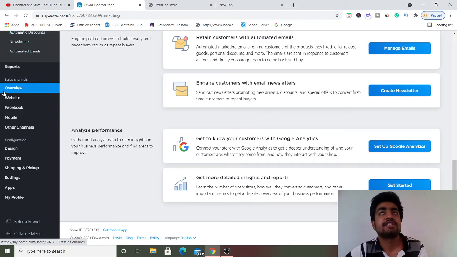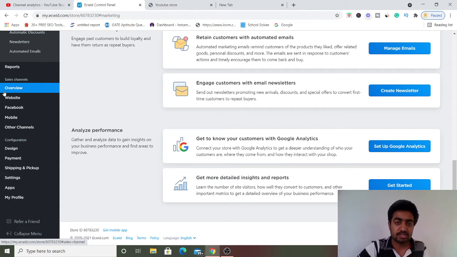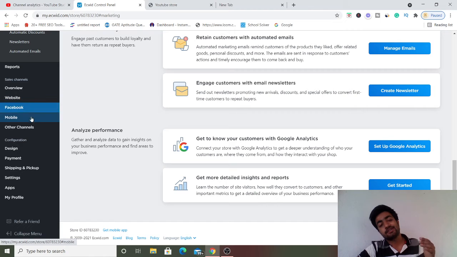If you know that most of your sales are coming from India, or from a particular state in India, or it's coming from the US, and from a particular state in the US, you can give an offer to this particular state, right? So you can increase the chance of conversion rates. That's how it works.